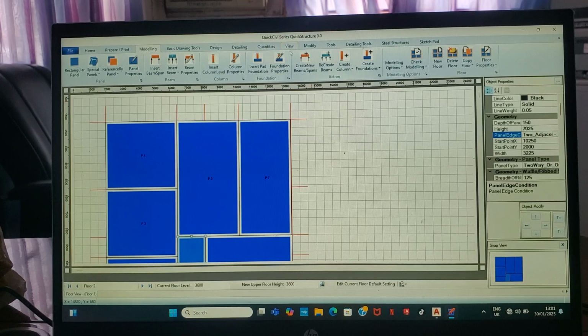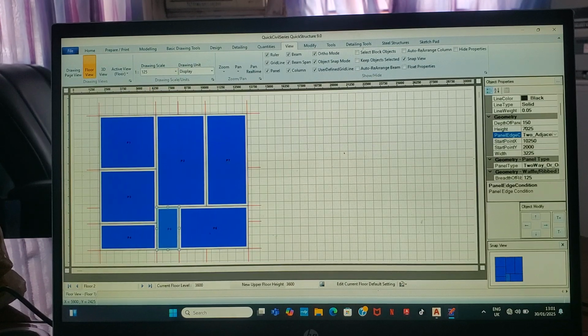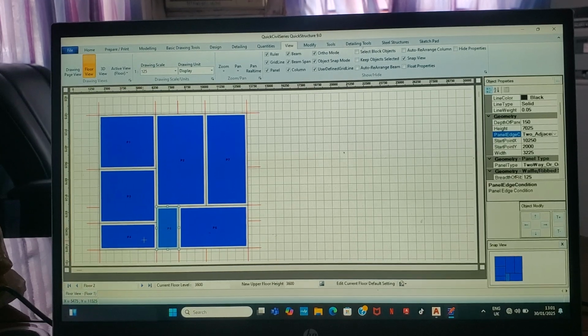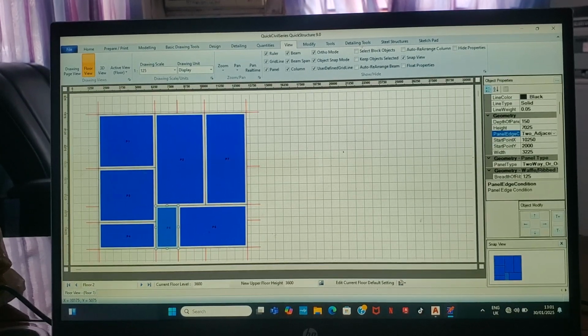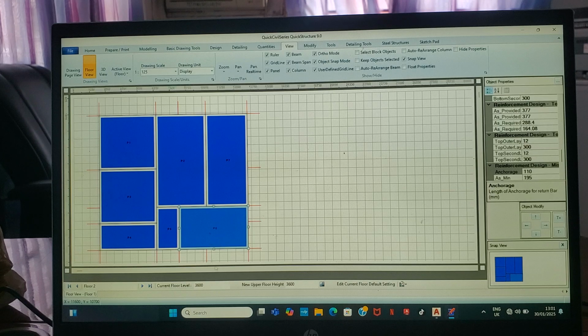You go to view as usual to reduce the scale. All right, okay, you can see now this is floor 1. You can see it here, floor 2, at the down corner of your left hand side. That's floor 2. Okay, oh, this is floor 2. I can now click on this panel. You can see it's panel 6. All right, click on this panel,